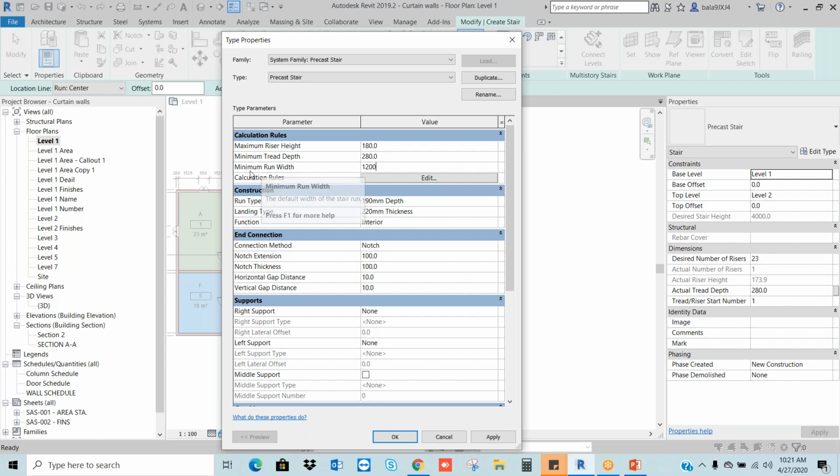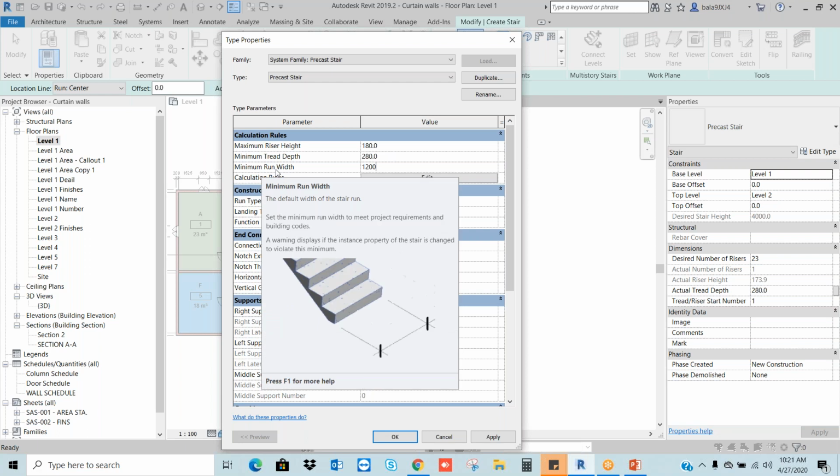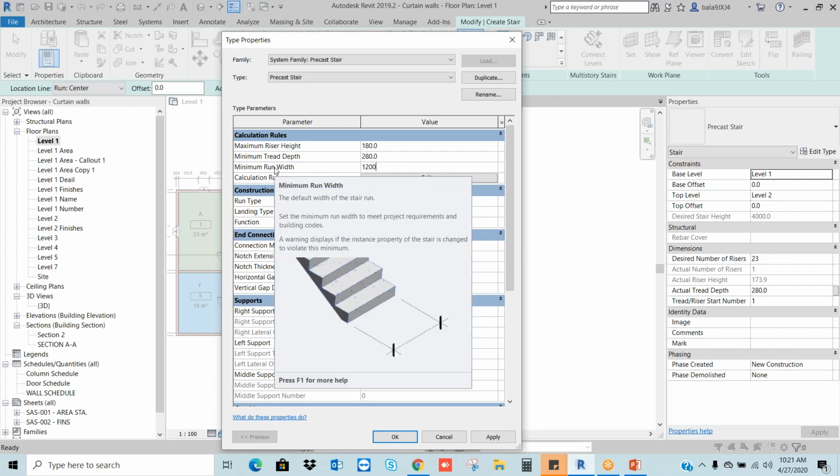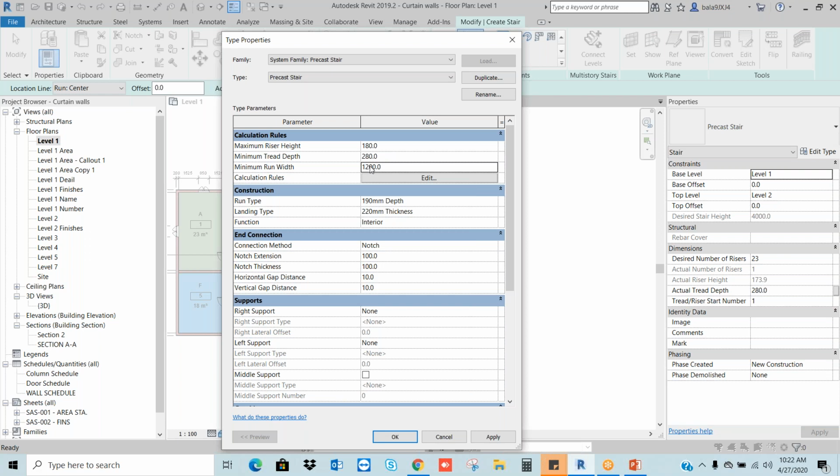Just I'm going to change minimum run width. So see, when you place a mouse on this run width, it will show what it is exactly. So Revit will guide you whatever you want to do. So nothing to worry about the Revit. It's a very easy tool. Okay. Then go to OK.